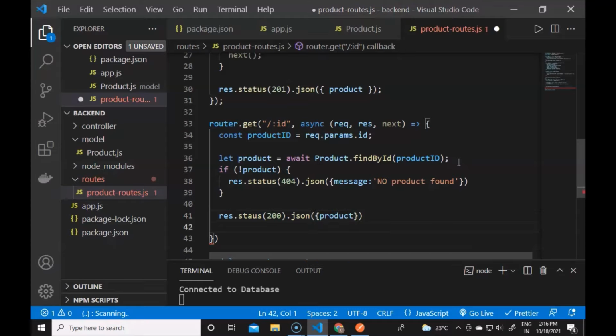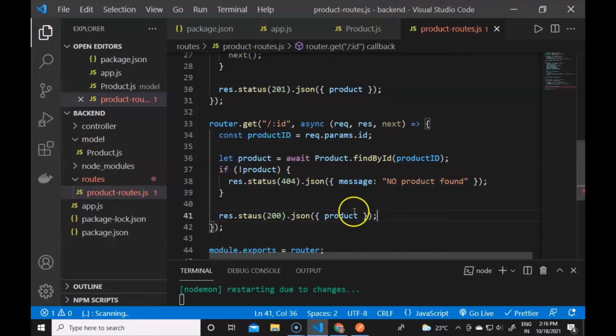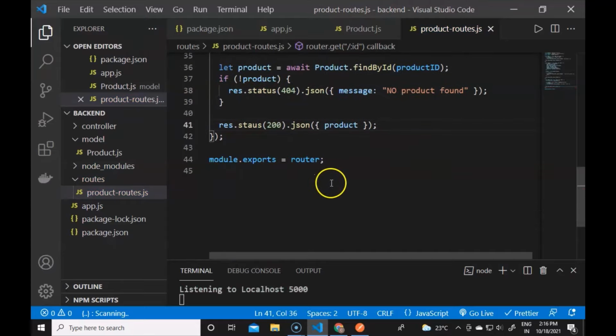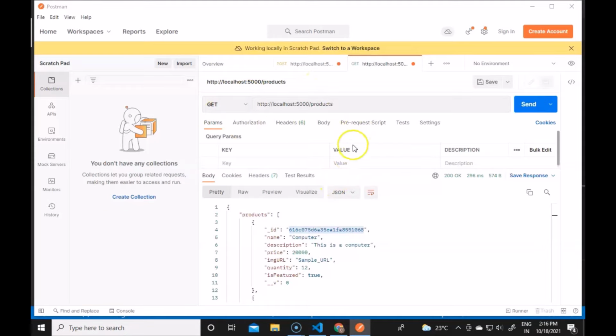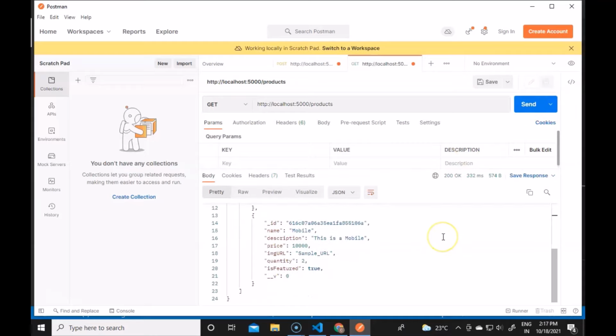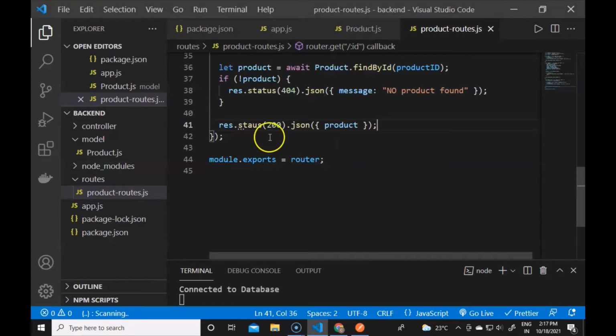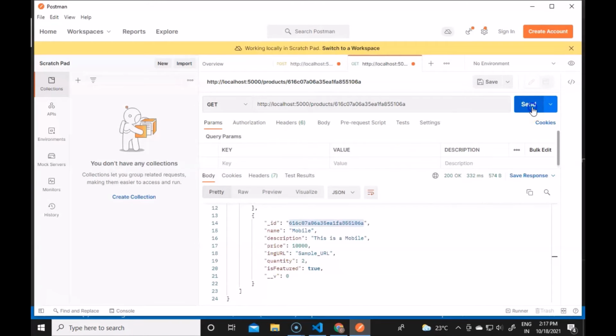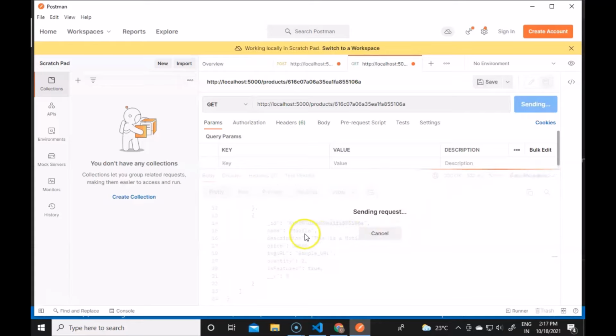So if I now run this inside Postman, I have to provide the ID, like there is a GET request only. If I send this request, it will populate all the products for me. But if I want only this mobile product, we have to get this ID from here and create another request, or we can directly create this request out of the products and slash. Now we have to provide the ID here as we did in the code. And if I send this, it should populate only the mobile product. So we have to wait till it comes.